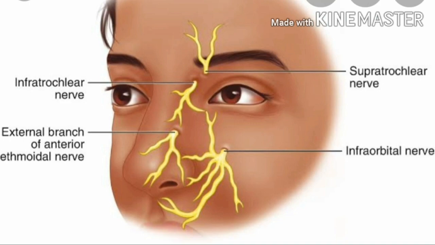The nerve supply of the nose is made by three main nerves. These are the olfactory nerve, ethmoidal nerve and nasopalatine nerve. Out of them, the olfactory nerve, or the first cranial nerve, is the main one.